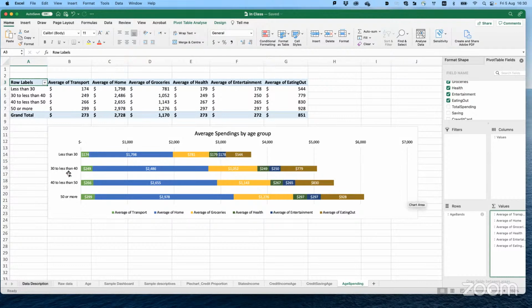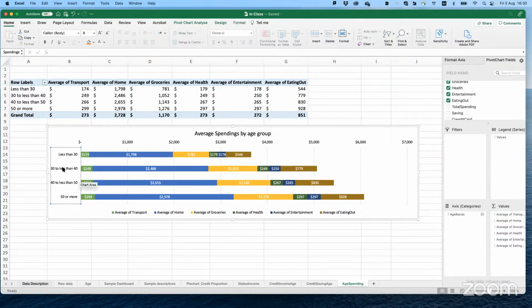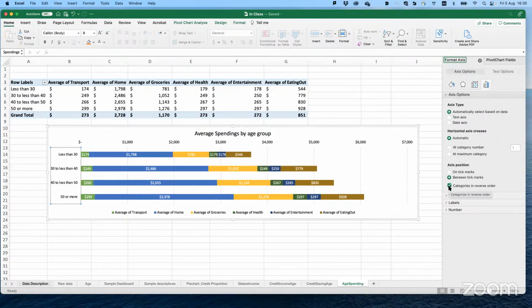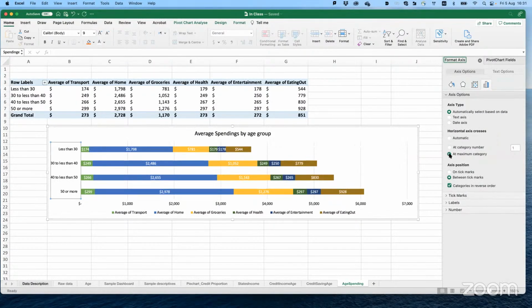So how do we reverse data? We selected our axis. We went to format our axis. We went to the last option, axis options, and clicked categories in reverse order. Horizontal axis, we can put it top or bottom, depending on where you want. Mert, did that answer your question? You got your answer?